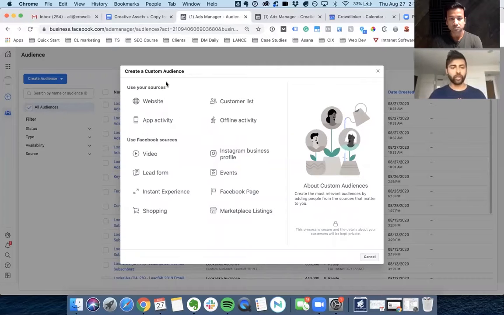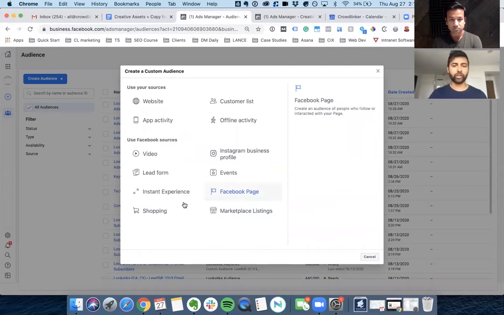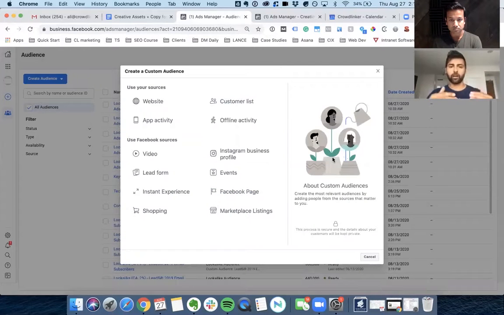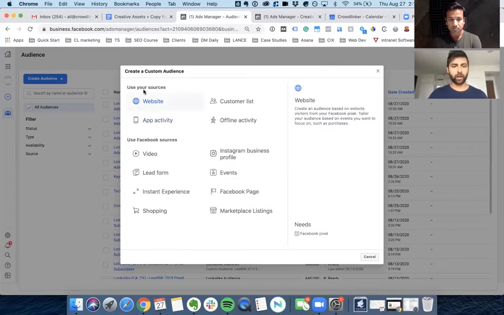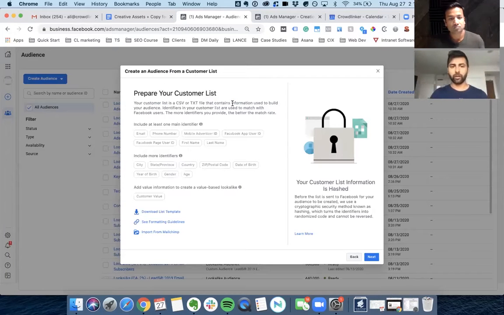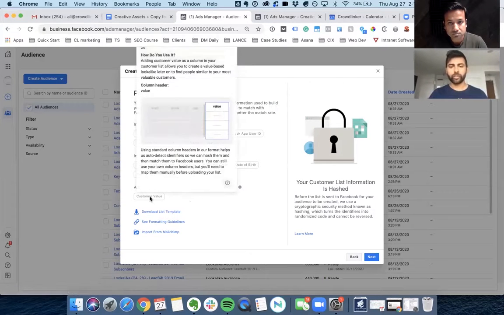Essentially, you would feed in a CSV full of the emails into this program, and you're the source of the users. This is where you would go. You would click on customer list, and you can download a template and it will show you where to put in specific prompts, or you can just do it yourself.